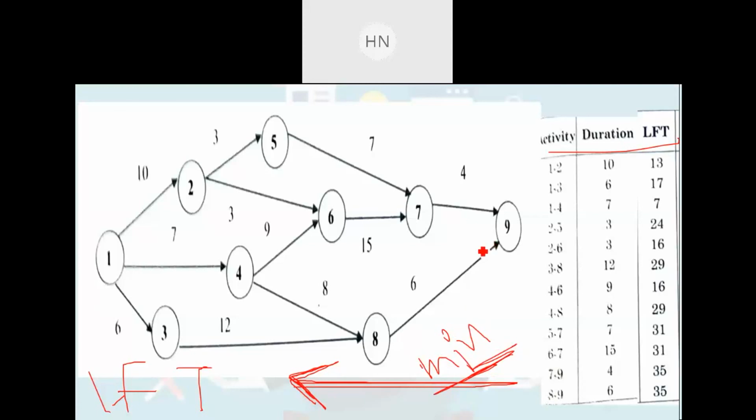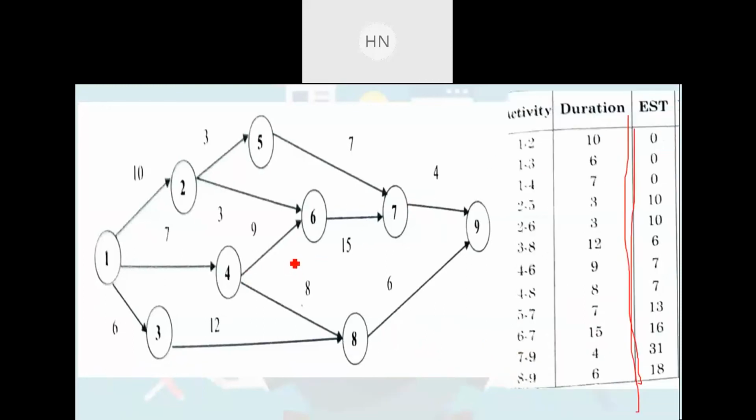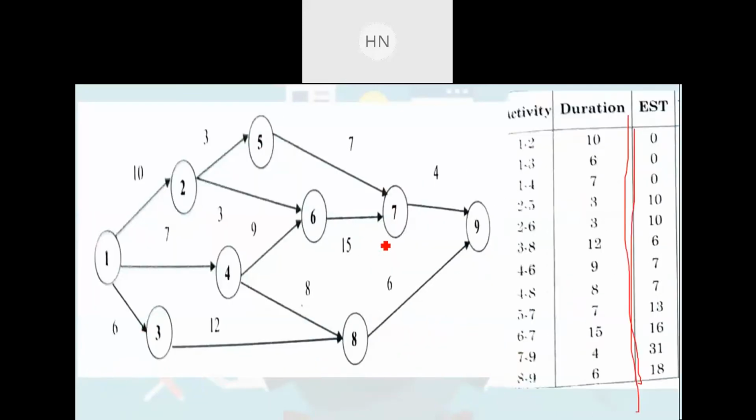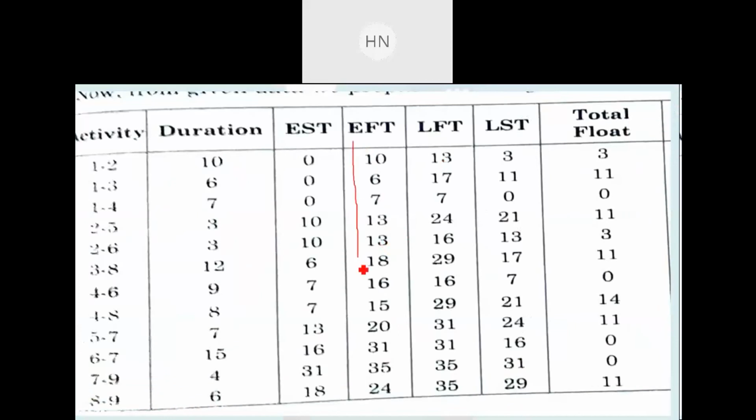तो यहाँ पे राइट टू लेफ्ट जाने से लास्ट जो एक्टिविटी है फॉर एग्जांपल, तो टेबल में यहाँ पे देखना है लास्ट एक्टिविटी जो है वो 8 to 9 है फॉर एग्जांपल, राइट. तो उसका जो लेटेस्ट फिनिशिंग टाइम है वो कितना होगा, तो उसके लिए वो फाइंड करने के लिए you need to look for earliest finishing time table. In earliest finishing time table you need to look for maximum value. Where is the maximum value here? That is 35. This is the maximum value, right? Now this maximum value you need to write down for the activities that are acting as the last activities.